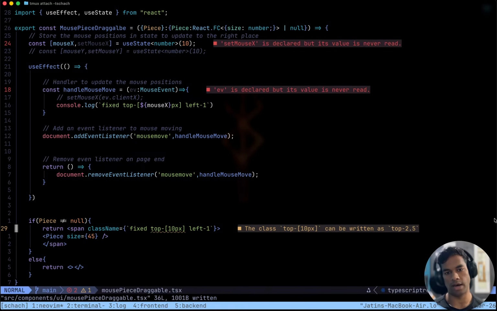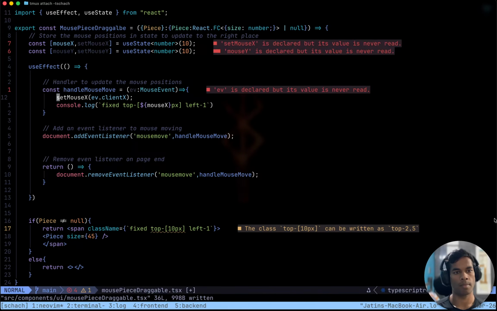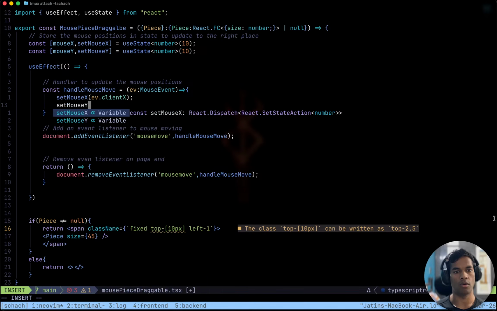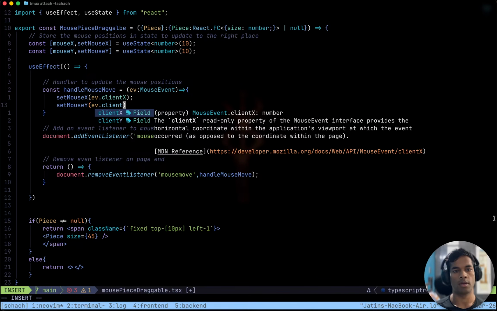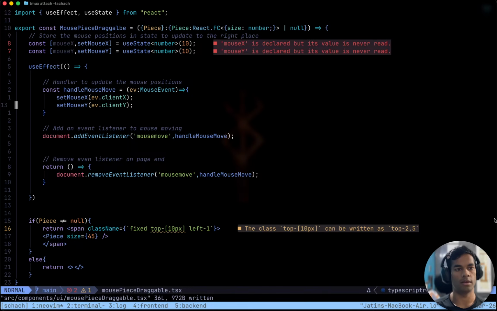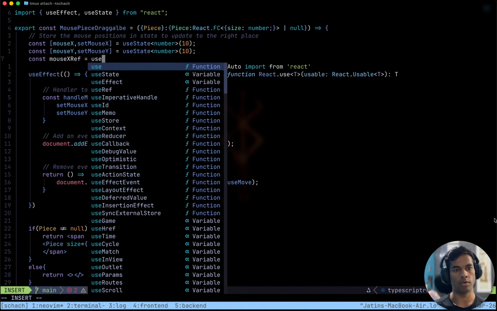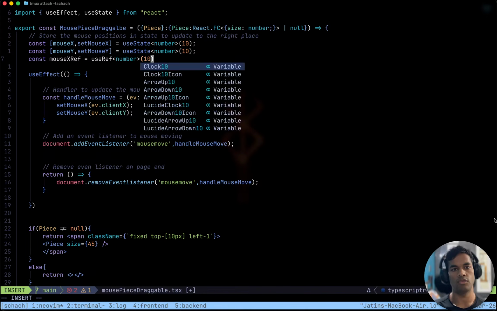Use ref, I think, is what we should be using. Okay, use ref. Let's use ref. With this, we do not log anything. Const mouse y, ev dot client y, update. Const mouse x ref equals use ref number, initially 10.